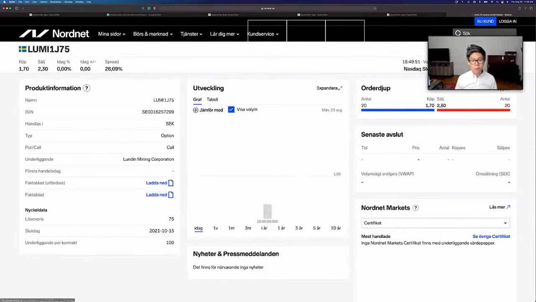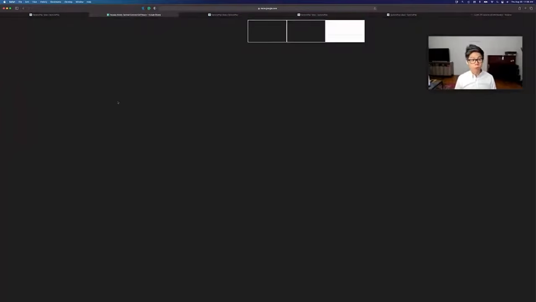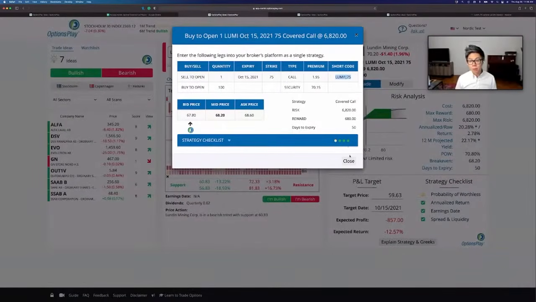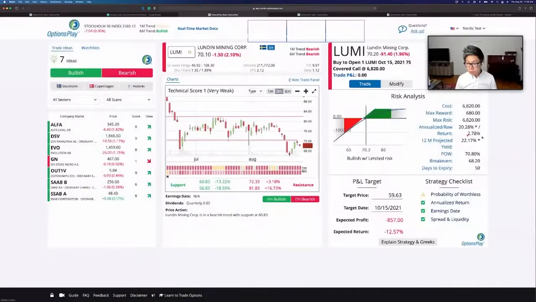And this is all designed to make the process of finding trades that you can potentially generate income on in your portfolio very quick, using the covered call report and the OptionsPlay platform to analyze the trade to understand how much yield you are collecting over what period of time, what the probability is of you keeping that income, and what the probability is of the stock being called away, and being able to quickly click on the trade button and execute that trade into your Nordnet account within just a few minutes from start to finish.